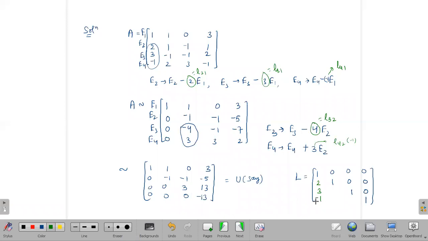Ma'am, how are you writing these 2, 3, -1? From the operations only that we have used to reduce this matrix into upper triangular. So use those operations only, like we have used E2. E2 minus, suppose I am taking E2 minus A21 by A11, right? So that will be your L21. So this is nothing but 2 only. So I have taken 2.